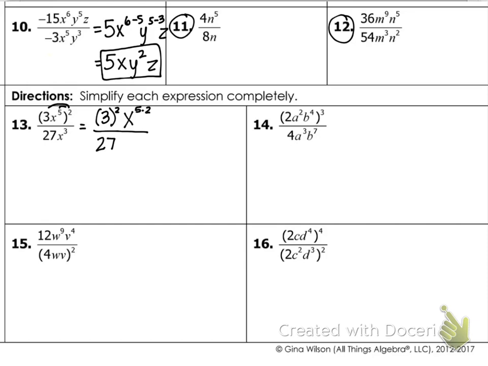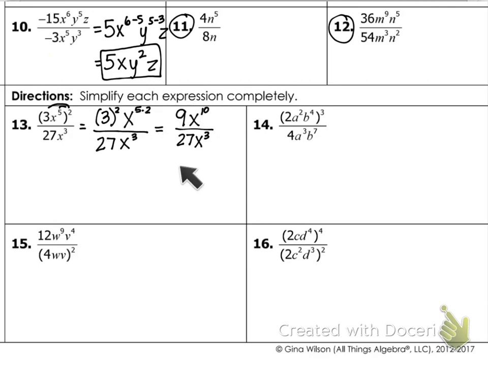And then over 27x cubed. So we leave the bottom, the denominator, the same. And we're just distributing this 2 in. 3 squared, x to the 5 times 2. Well, 3 squared is 9, x to the 10th, over, and we're just going to keep that 27x cubed. So let's look at the numbers now, because now we're going to divide, right? So the first step here is we always want to take care of the numerator. We want to simplify the numerator or the denominator first. We can't do anything on the denominator, 27x cubed just stays the same, but we can simplify the top first,